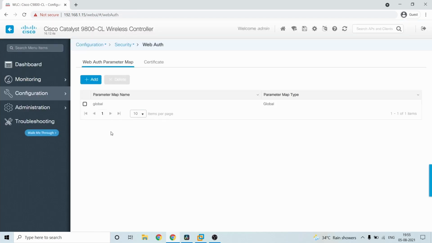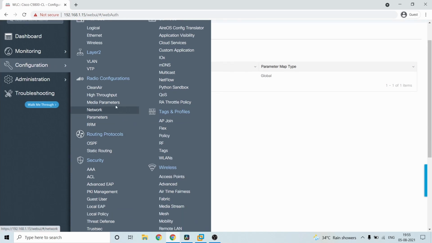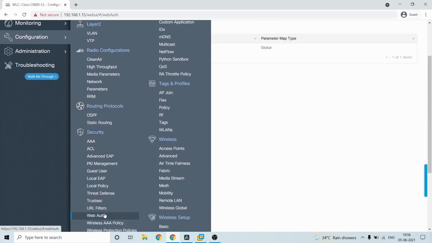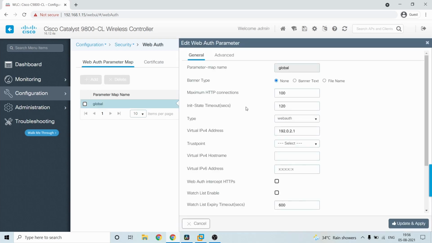You remember what we missed? So under the guest, we had to see what is the control plane configuration. So for that, we'll have to click on configuration and then web auth. You see here global, right? This is what we selected under the guest user. It will have a set of configuration. So this is nothing but web auth. So this global was selected there. So we can give our own IP and select the option as web auth.